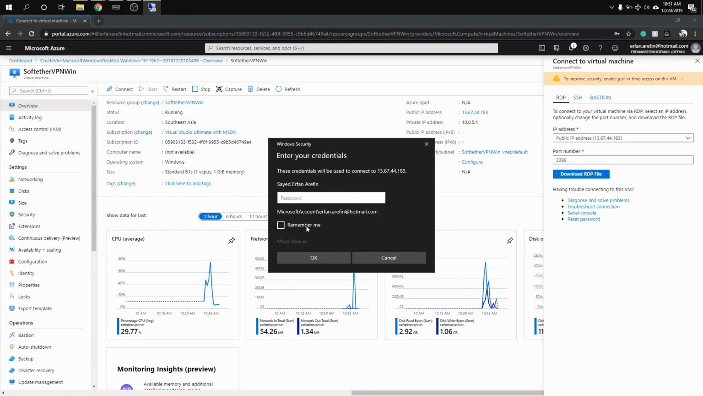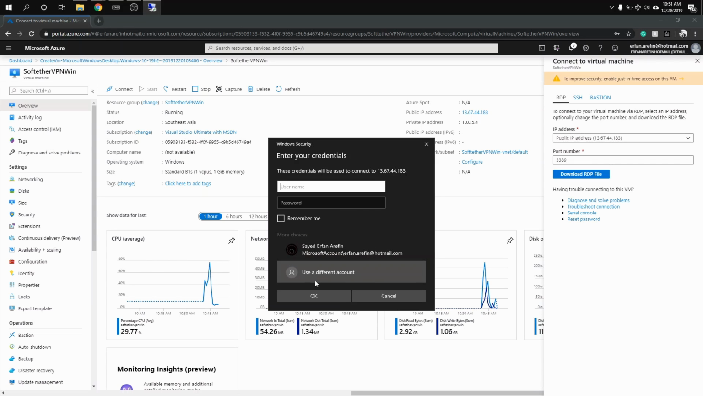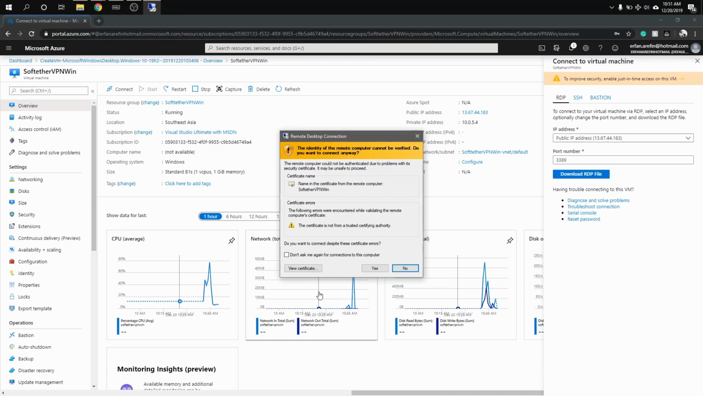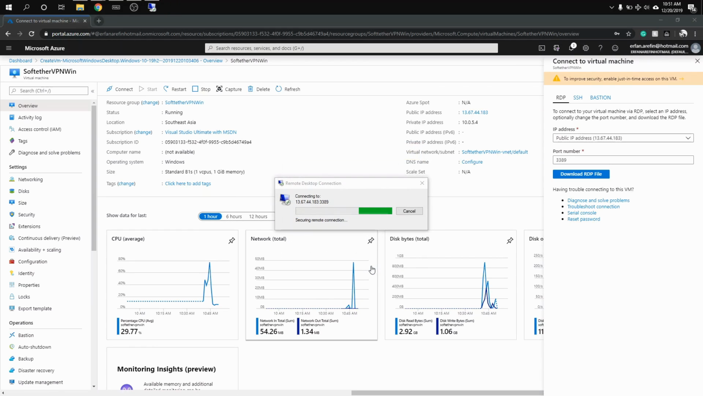Sometimes what happens here is that for some reason the RDP uses the username of the Windows machine that you're running personally by default, so you can change that with more choices and use a different account. You're going to put in the username that you defined while creating the virtual machine, and the password, and then I'm going to press OK. I'm just going to connect. It's going to ask whether you trust the certificate that's been thrown from the virtual machine. You're going to say yes, and it's going to configure the remote session and everything, and voila,